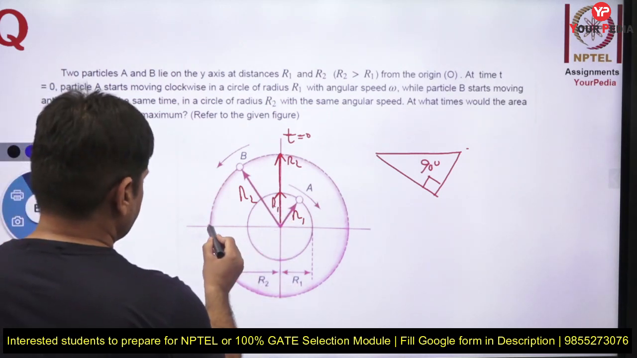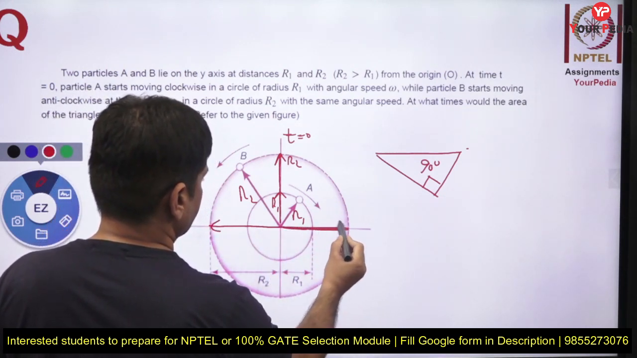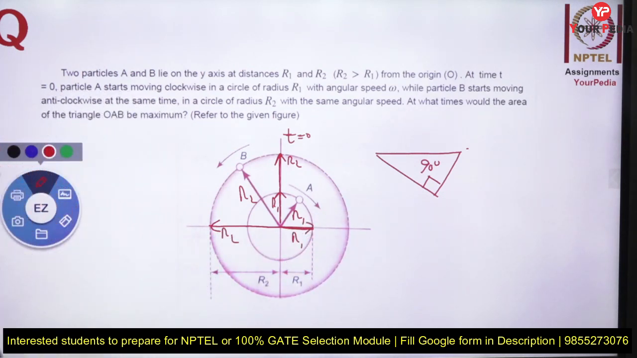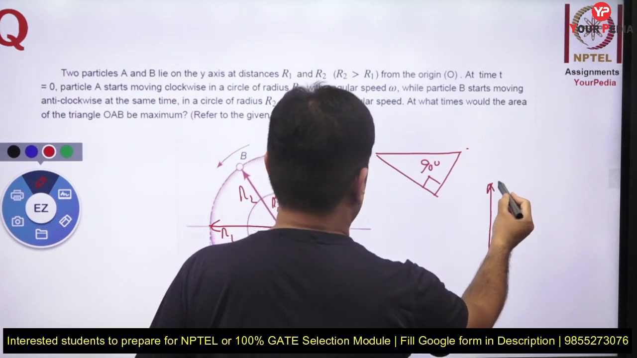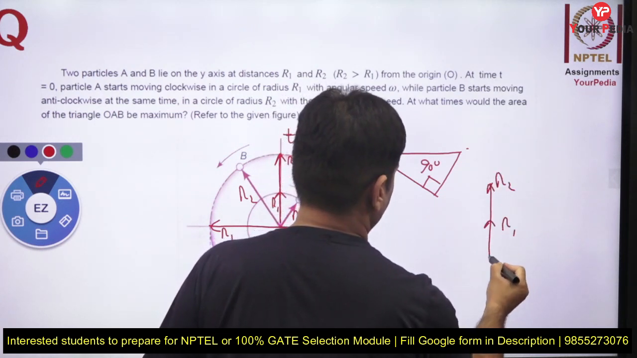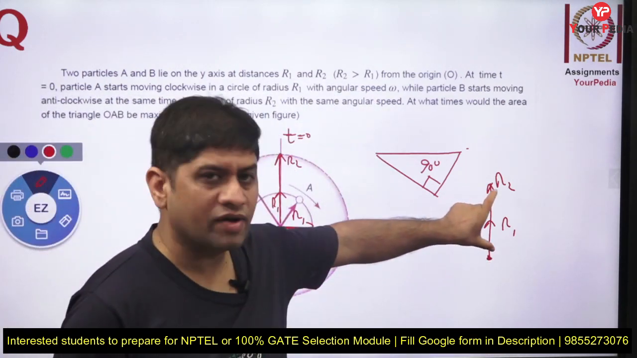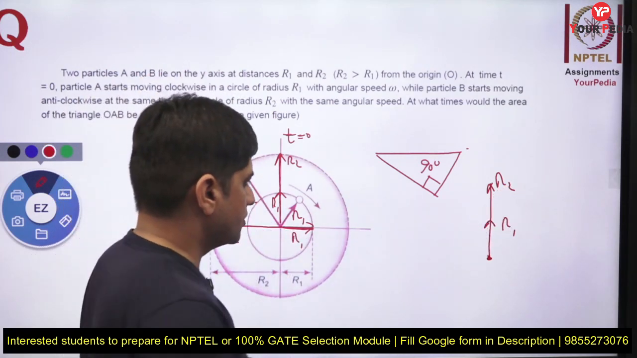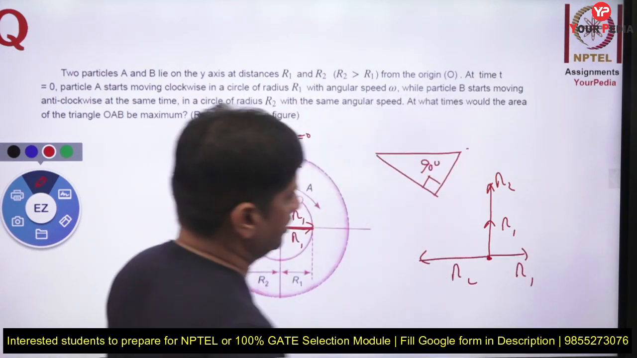At some particular time, R2 will be here and R1 will be at this point. Let us say that is at particular time capital T. So at t equal to 0, both R1 and R2 are like this. These two radial vectors do not make any kind of triangle. Area is 0. After some time, R2 is this side, R1 is this side, again the area is 0 because